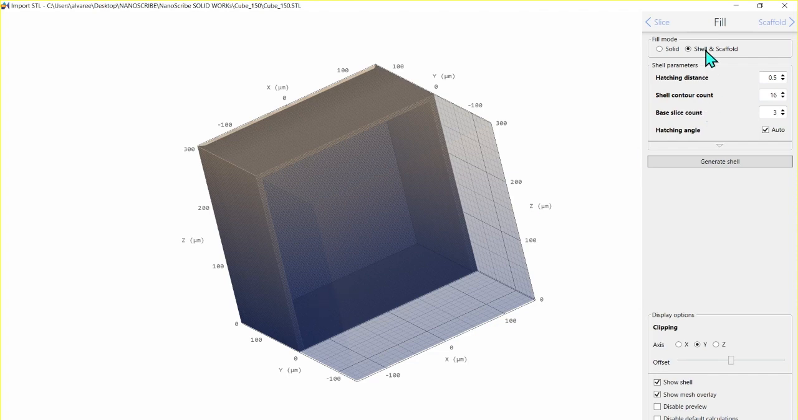Because when we click on shell and scaffold, one more step appears here. The same, you can also choose the different parameters for this shell, okay? You can choose again the hatching distance, the shell contour, the base slice count, okay? If you do any modifications on this, please click Generate Shell. Once you do the input of this shell contour, the one that you need to pay attention to is this one,